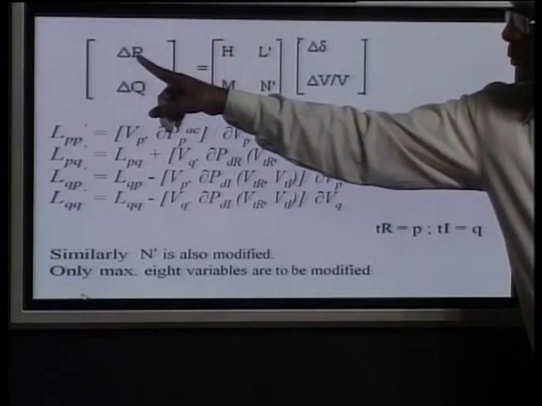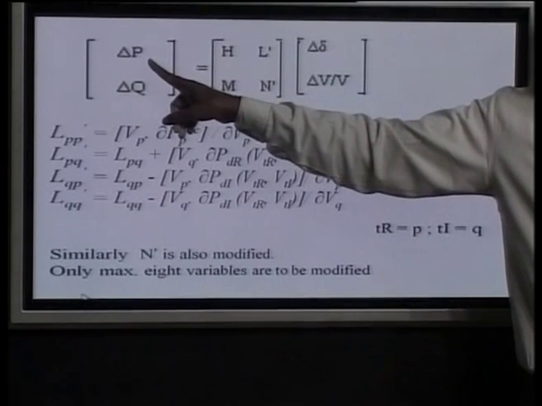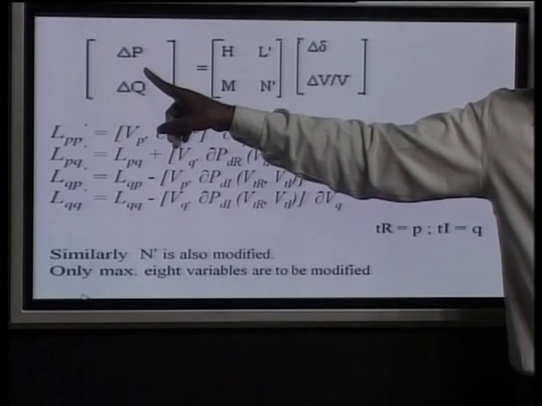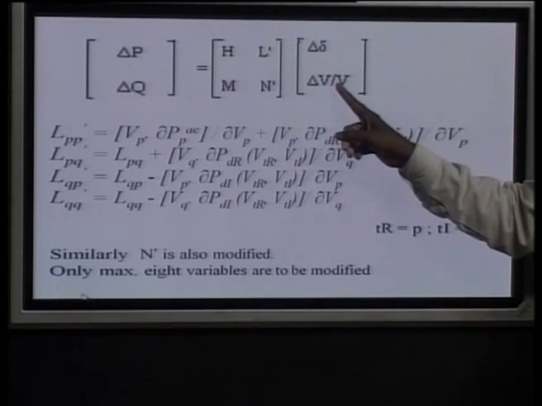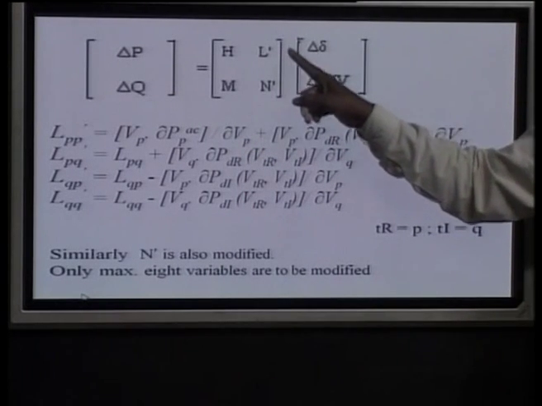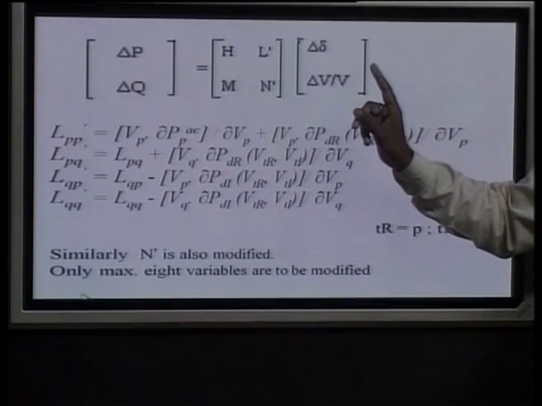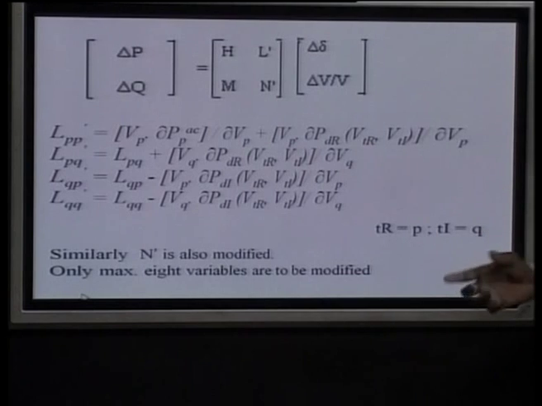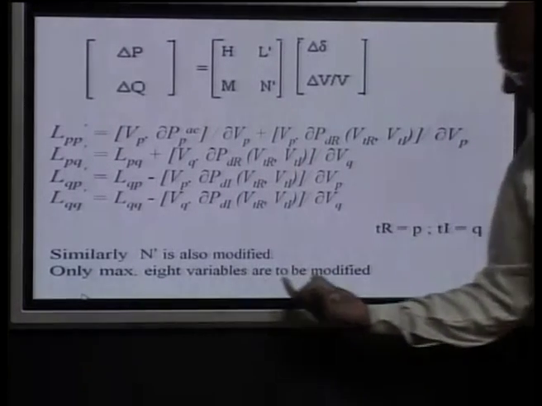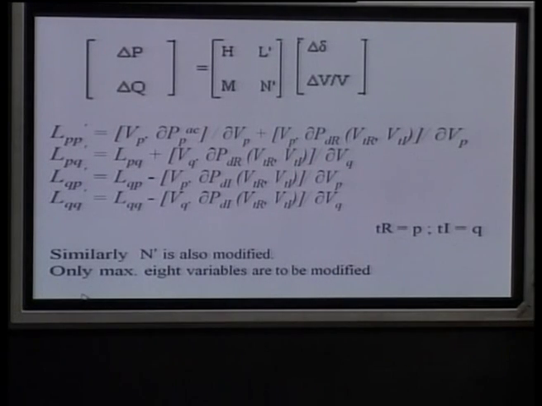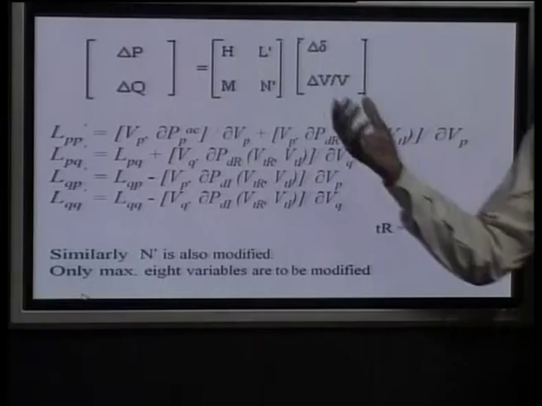So, it will be the 2 here corresponding to P, meaning here the PTR and PTI, and corresponding to VTR and VTI, in this the 4 elements here, maximum also here the 4 elements. So, the maximum, that is why here it is written that 8 variables are to be modified. Why am I saying maximum? I am not saying only 8, because it depends upon what the type of